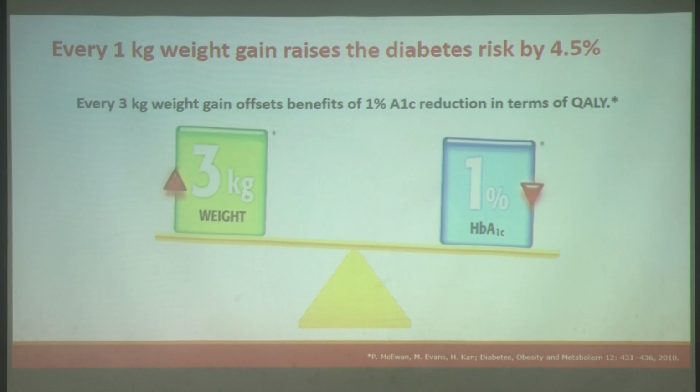Say, if a person gains 3 kgs of weight, it can offset the benefits of 1% HbA1c reduction in terms of the qualitative life of the individual concerned. So every 3 kg weight gain can offset 1% HbA1c reduction in our diabetics. It's very simple statistics to remember, but it's worth remembering how obesity can influence the